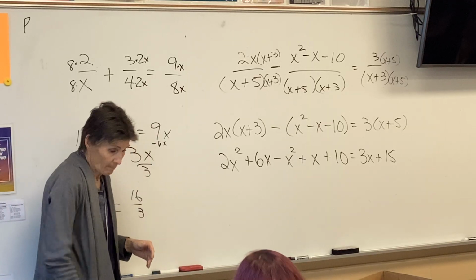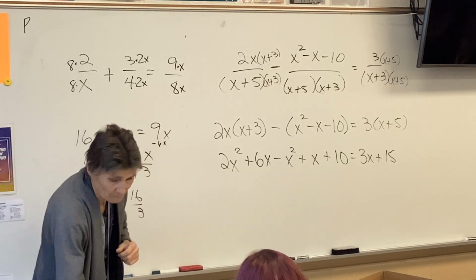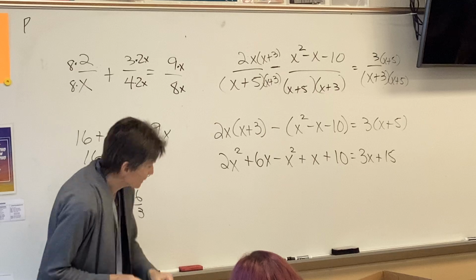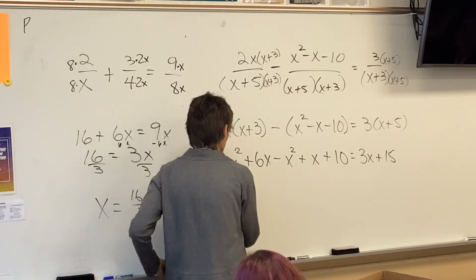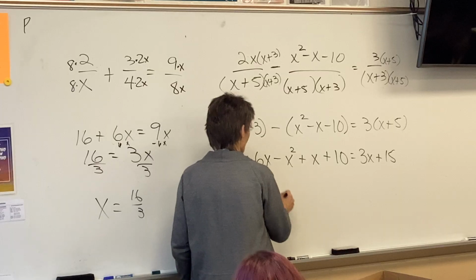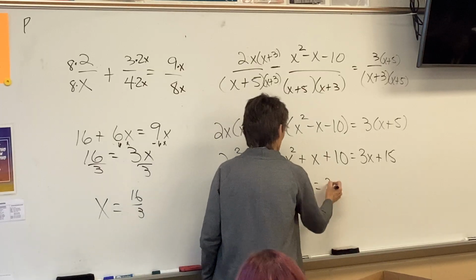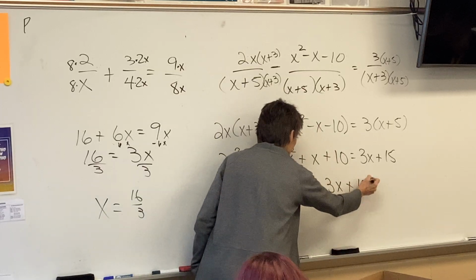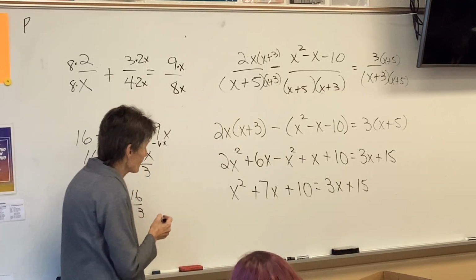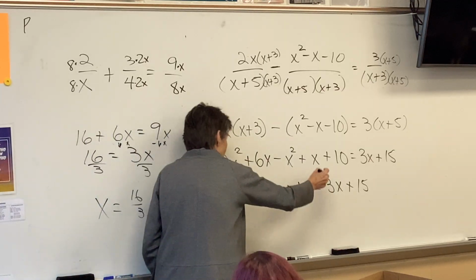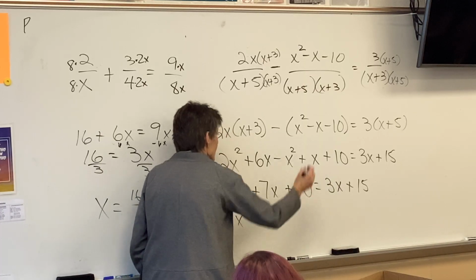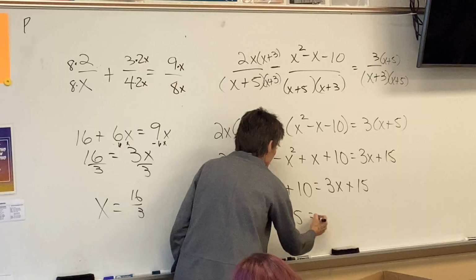All right, now what? So x squared plus 7x plus 10 equals 3x plus 15. Double check that. Now I'll subtract my 3x, subtract my 15,